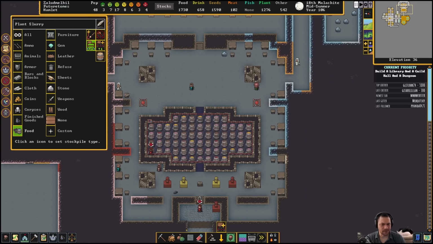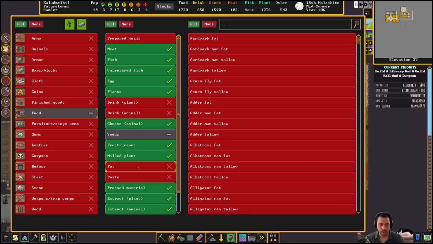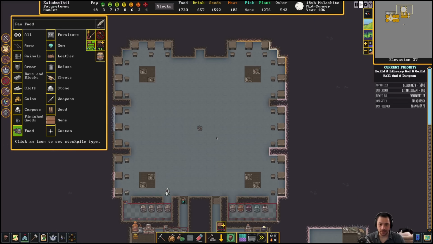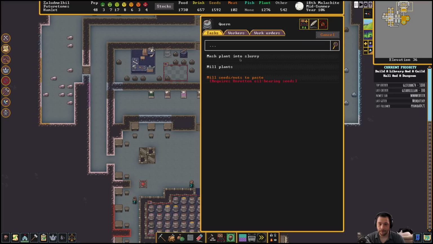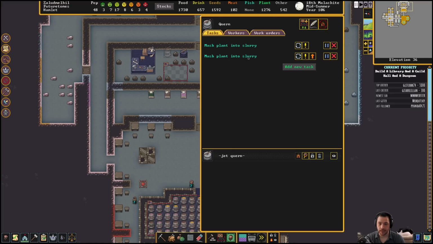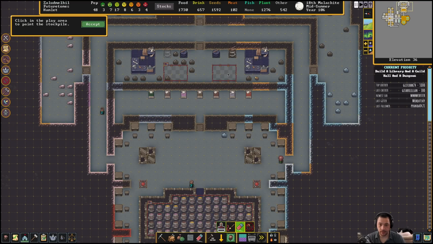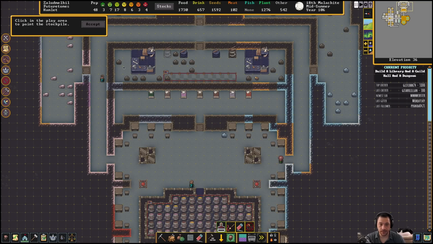I don't know if the slurry is allowed anywhere else. Let me check here. Yeah, so we disallowed the slurry and paste in the food stockpile. So hopefully the slurry goes there. And I think the proof of that would be for me to slurry some more stuff up. So I'll do 6 more slurry just so that we can actually see the slurry there. And then I want the sheets in the middle. So I'm going to shrink this down a little bit and paint it like this. So that's the plant slurry. And then for sheets,